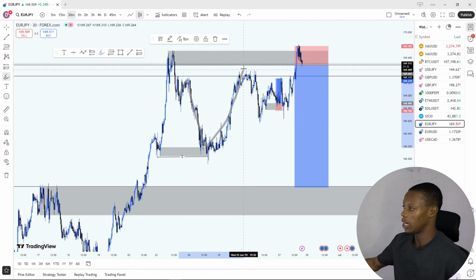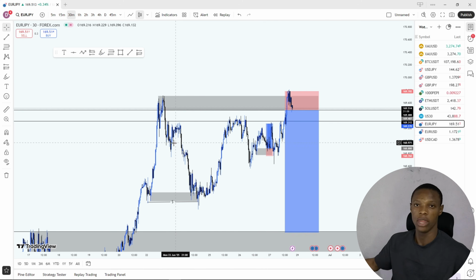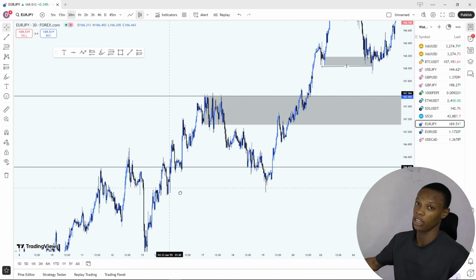The price had to take out the high first before selling, right? This was a low. Price went up, came back to that low, and did not take out the low before buying. Why? Because it took out multiple lows already before getting to that very low. So that's how I'm going to show you how we trade the liquidity. The price needs to take out that low already before getting to our point of interest,